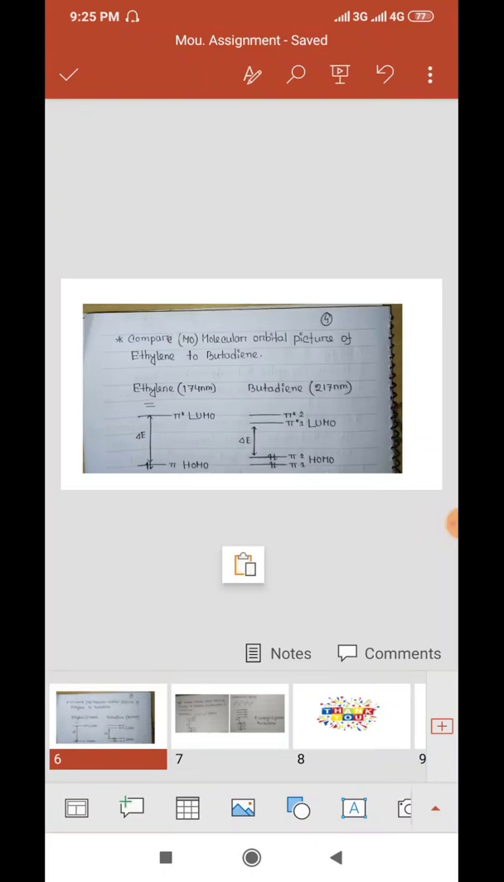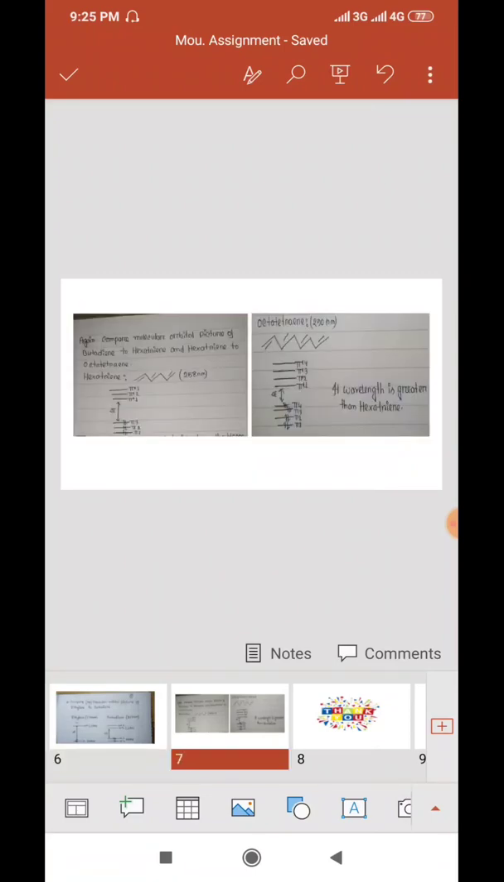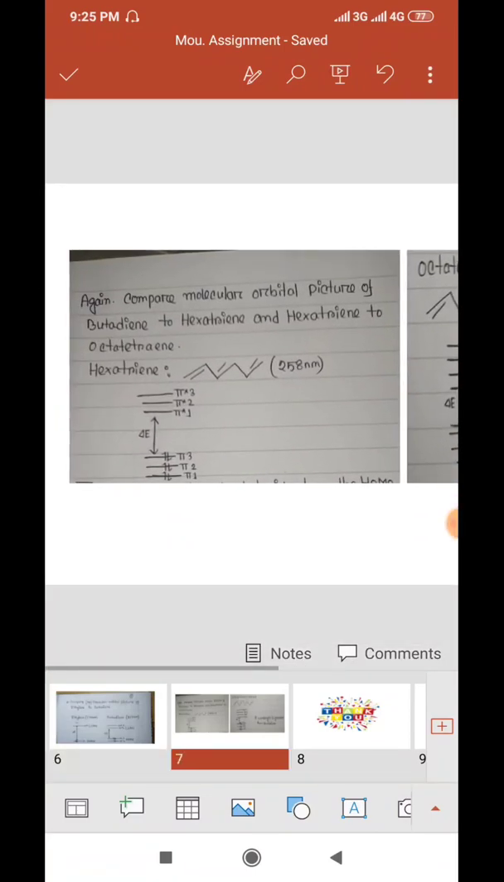As the conjugated pi system becomes larger, the energy gap for a pi to pi star transition becomes increasingly narrow and the wavelength of light absorbed correspondingly becomes longer. Again, compare the molecular orbital picture of butadiene to hexatriene. In molecules with an extended pi system, the HOMO and LUMO energy gap becomes so small, so its wavelength is greater